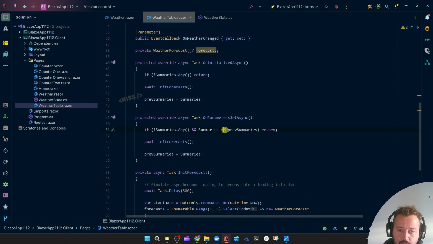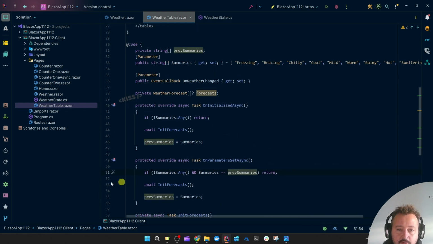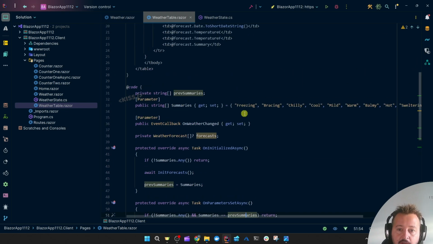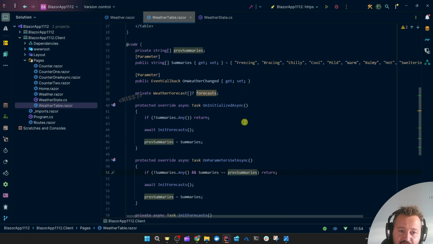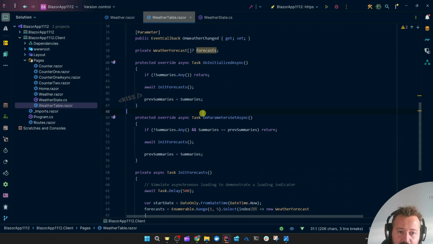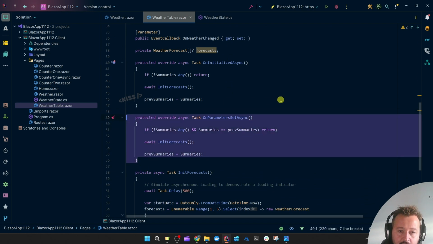Oops, this has to be equals, I think. Then we don't want to do anything. And maybe we need to turn these into sorted sets to check for the equality, but that's not the point of the video. I find this a bit unfortunate that we would need to do all of that